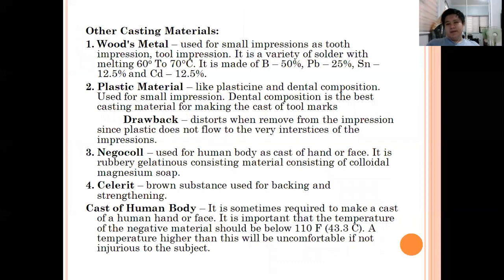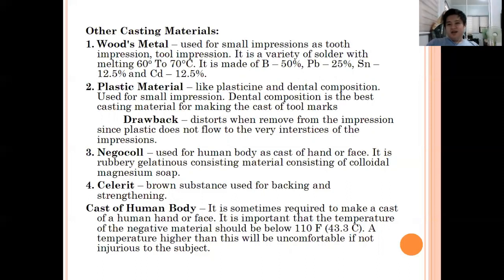So aside from plaster of Paris, there are other casting materials that are being utilized. So we have wood metals. Wood metals are used for small impressions. We have tooth impressions, tool impressions. So commonly wood metal, its composition is we have